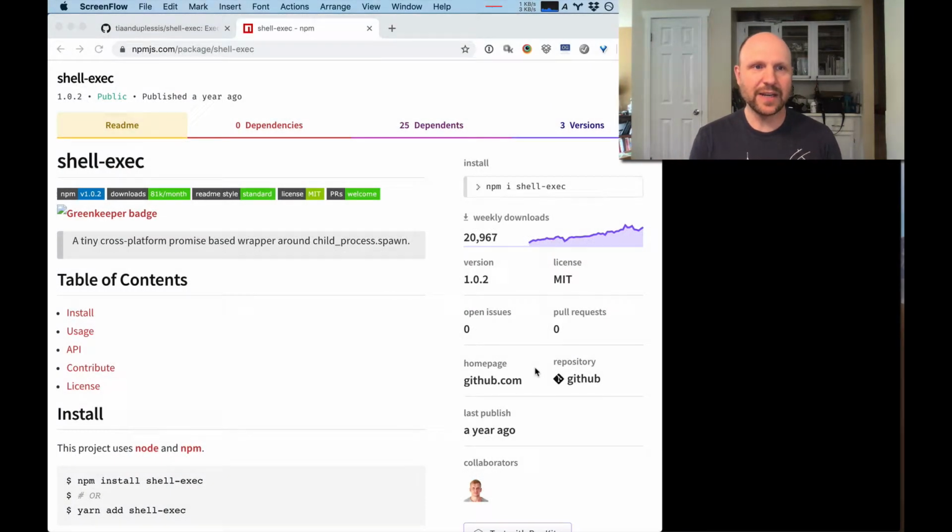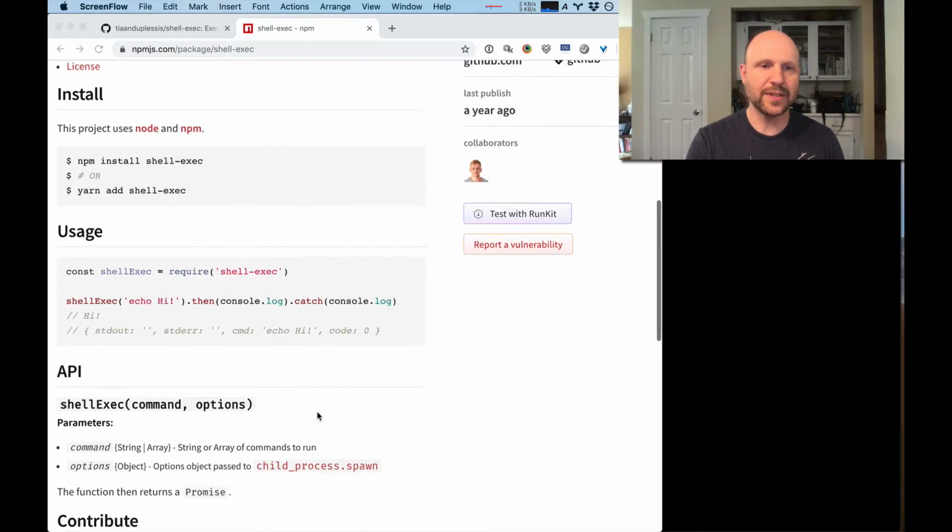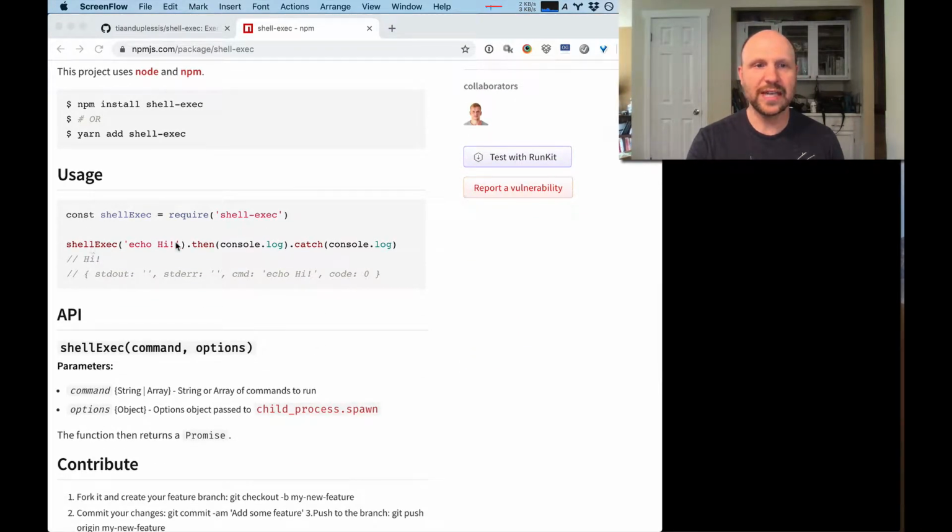And I found this great little library called shell-exec. It does pretty much exactly what I wanted it to do: I can just say shell-exec, type in a string, and it will execute it in the shell. It's super nice. It's set up as a promise, so the resolved value is your standard input, and your catch value is